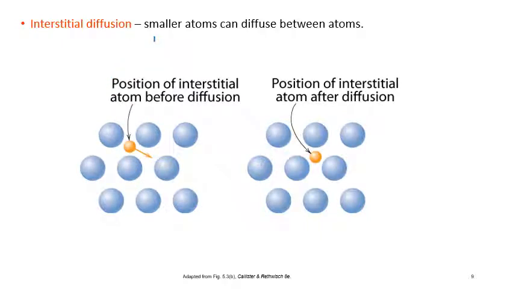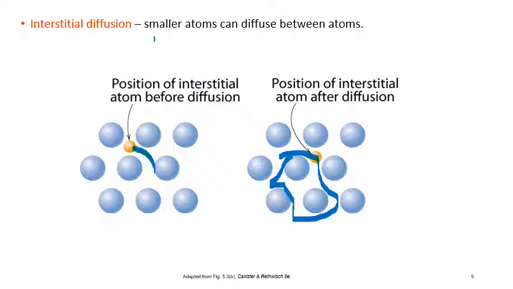So now you can imagine, the atom was here initially, and later, by diffusing through these positions, it occupied here. Later, if things are favorable, it can diffuse from here to here, here to here, and so on. This is what interstitial diffusion means. If you compare vacancy diffusion to substitutional and interstitial diffusion, we can easily say the interstitial position requires less energy, because the space available is more and it can easily diffuse without much energy.